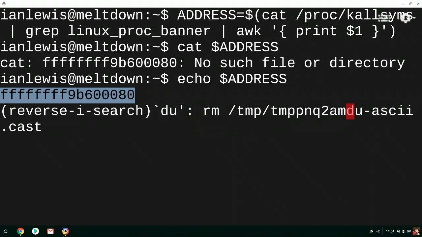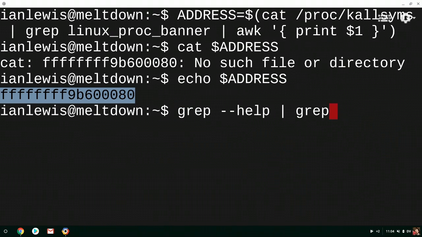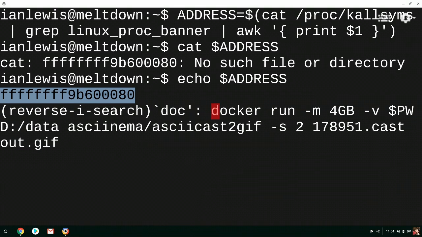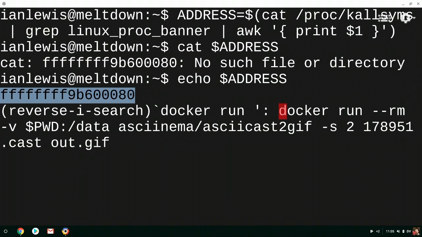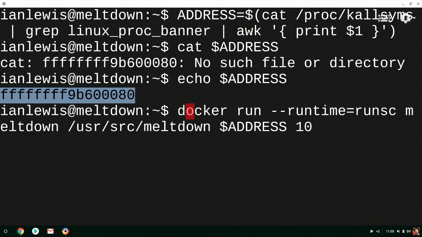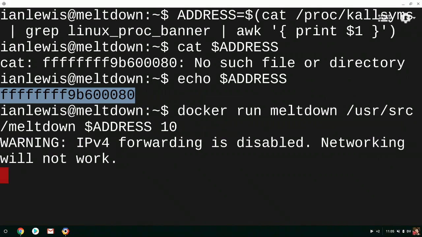So if we run this in a normal Docker container with runc, we're going to give it the address that we have here, and have it read out that memory.